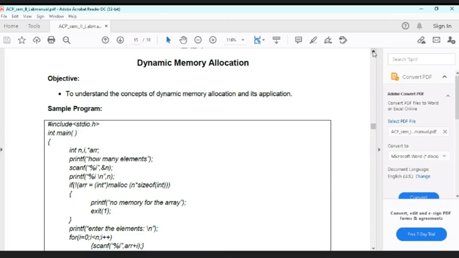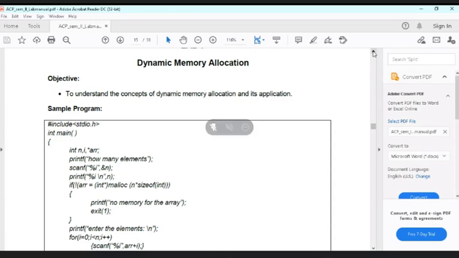Dynamic memory allocation is called dynamic because the size of the memory can be changed as per the requirement, right? It can be increased or it can be decreased so that the storage, wherever we are storing our code or wherever we are going to run our code, is not going to occupy useless memory which will not be of use.